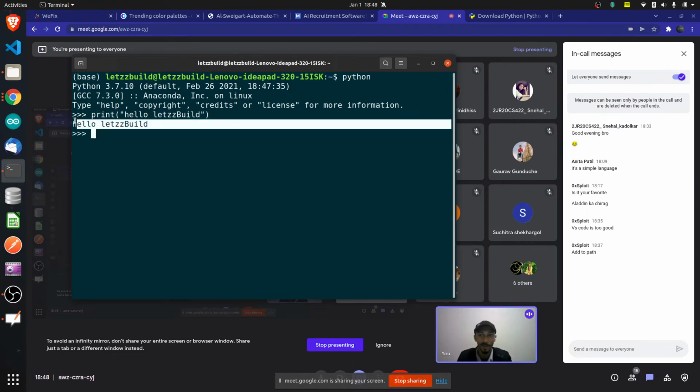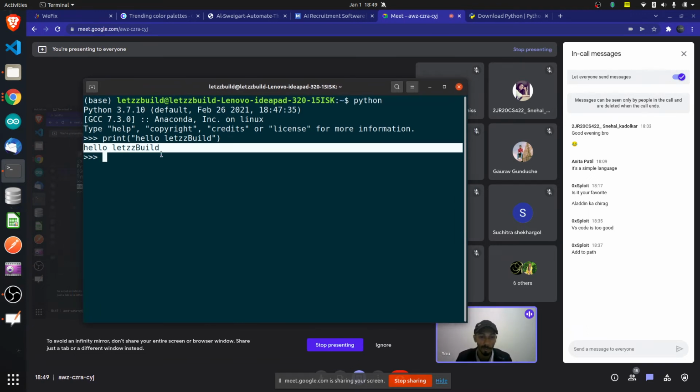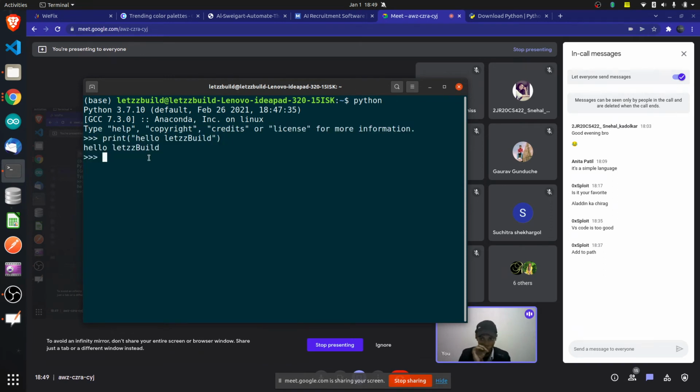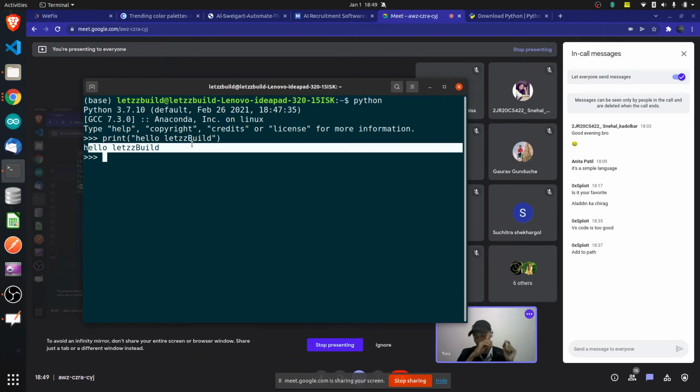See here, you got it. Notice the beauty of what happened here. What the Python interpreter is allowing you to do is execute only one line at a time. If you get such a shell in any programming language, that basically means it is an interpreted language. It is not a compiled language.